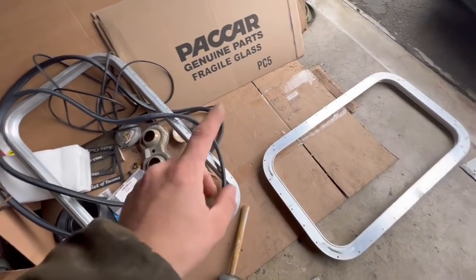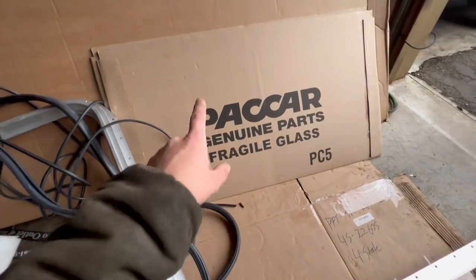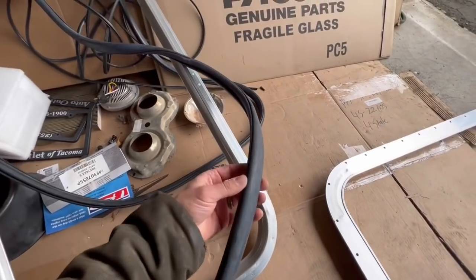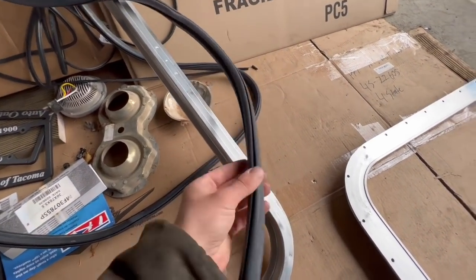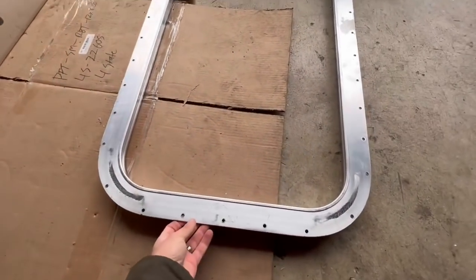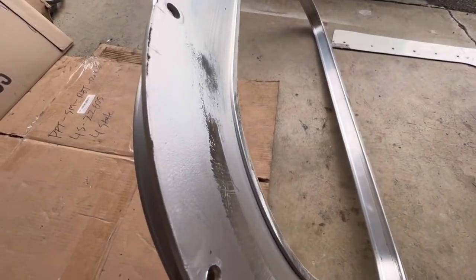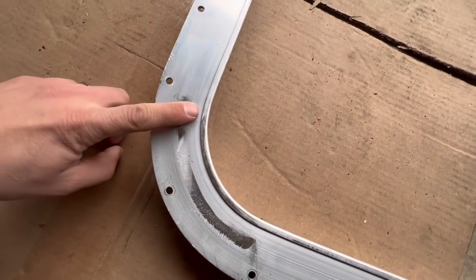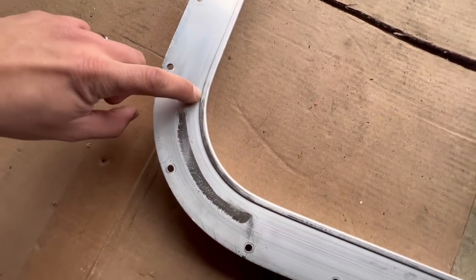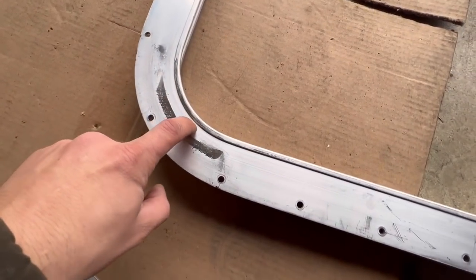We got two frames because one of the frames is for my W9. We bought two kits and two windows and two rubber moldings. Rubber molding, and you have a filler strip that goes in here that separates the molding. But here's the frame, guys. This is the outer part. Basically, your outer aluminum panel lines up right to it. So the hole you gotta cut in the back of the sleeper has to be right up to this edge